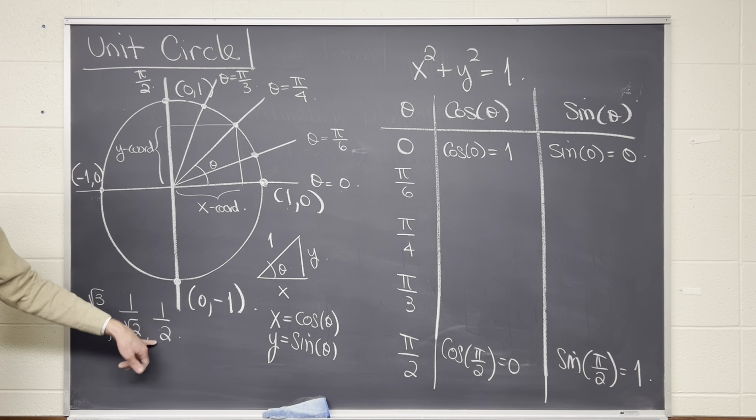Okay? And now here's the beautiful thing, and the beautiful symmetry: if I come up to theta equal to pi thirds and I drop this one down, I notice that my x-coordinate is not as large as my y-coordinate, but so much so that all I have to do is take the cosine and sine for pi over 6 and switch them for pi over 3. So this will be cosine of pi thirds is equal to 1/2, the smaller of the 2, and sine of pi thirds is equal to the square root of 3 over 2. So there you have it. You have the first quadrant of the unit circle